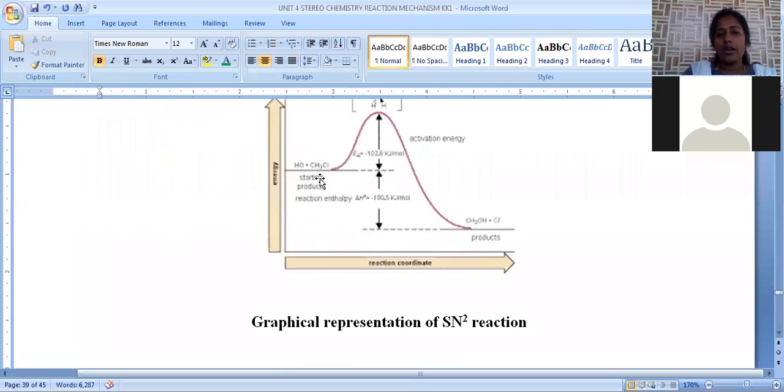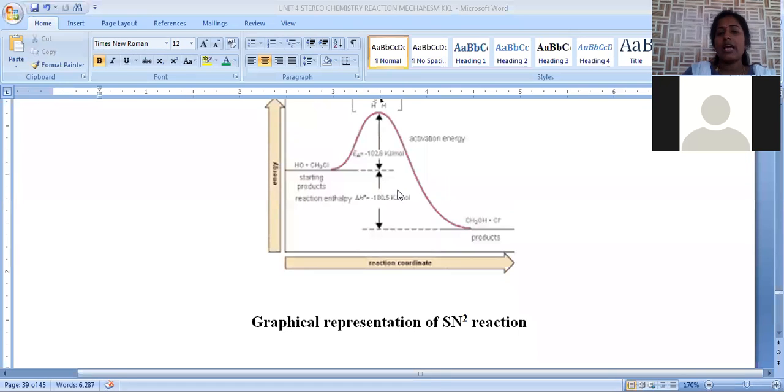When methyl chloride was taken, its energy is low. When nucleophile is attacked, it reaches maximum, that is transition state, whose energy is extremely high. This transition state is not isolated. It is not possible to isolate because of less stability of this one. Immediately it is ionized. It is dissociated into the product and leaving group. Product is methyl alcohol and leaving group is Cl minus. This is about the energy profile diagram in case of